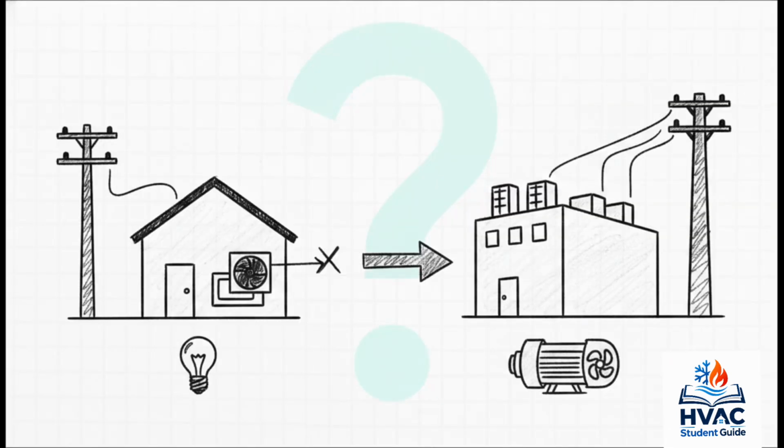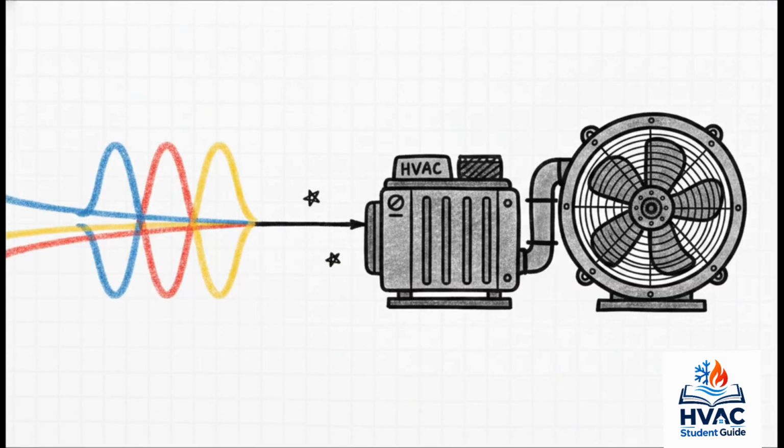Which brings up a really good question. You see single-phase everywhere in houses, but jump to large commercial systems and suddenly everything is three-phase power. Why do we completely ditch single-phase for those bigger setups? Well, it comes down to massive efficiency benefits. Three-phase power delivery is just smoother and way more continuous. Because of that, a heavy load can run with significantly less line current. And lower current means you can use smaller wires and smaller transformers to deliver the exact same amount of power. It gives you this incredibly smooth starting efficiency, making it an absolute game changer for heavy-duty pumps, massive fans,